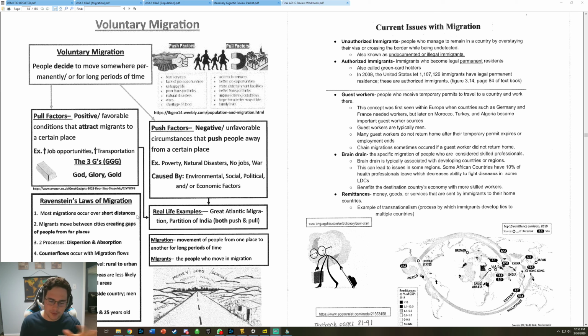So migration is a pretty simple concept, right? You move from one place to another. And you can do that for various reasons, and those are called push and pull factors. Pull factors are something pulling you towards it. It's very attractive, like the sound of loot in Fortnite. You just want to gravitate towards it. And then the opposite is a push factor, something pushing you out, beyond your control, maybe. Or it is in your control, but you don't want to be there anymore.